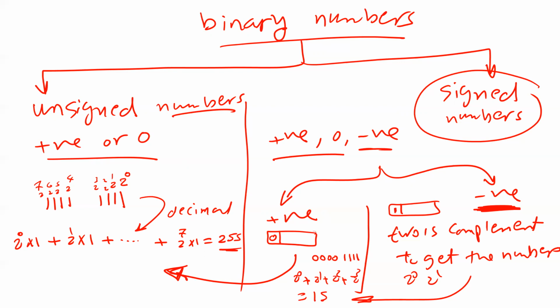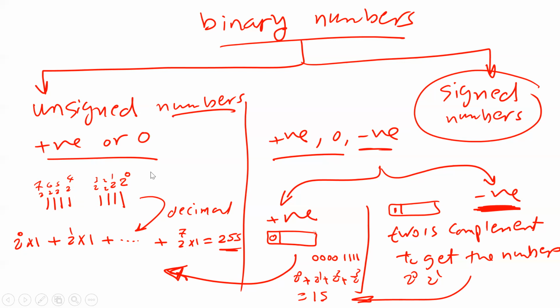Okay, so let's look at the unsigned numbers first. If your number is unsigned, I give you a binary number and I tell you this number is unsigned, how can you convert it? Very easy. What you learned before, every digit here has a weight. You remember 2 to the power 0. So the weight of this digit is 2 to the power 0, 2 to 1, 2 to 2, 2 to 3, 2 to 4, 2 to 5, 2 to 6, 2 to 7. This is the weight of each one here.